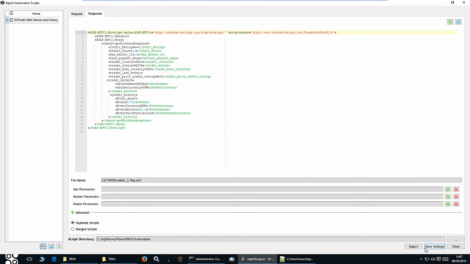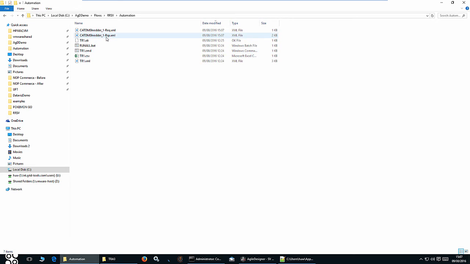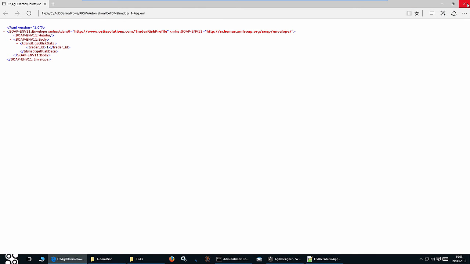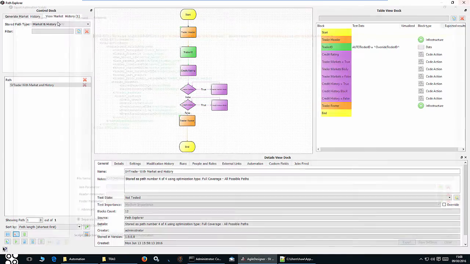So that's that, and again, you could do save settings, but I'll do that in a little bit. And then you click off export, and that's going to send off our request and response, and they were exported successfully. And now if we just pop back into our automation, you'll see here that we've actually created a responder with trader ID 1 and request 1, and you can see that's the response as we saw in the preview, and that's the request. Now you'll see that the trader ID 1 matches with the ID of the file that we're going to pop into CASV, and that's actually to do with how we've defined